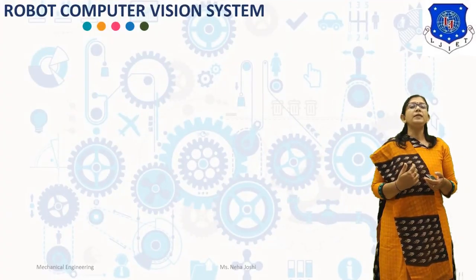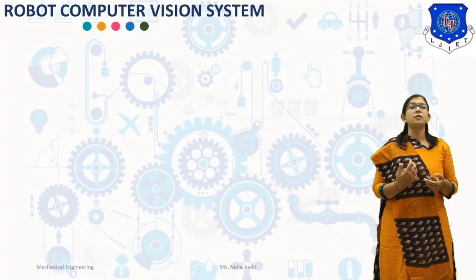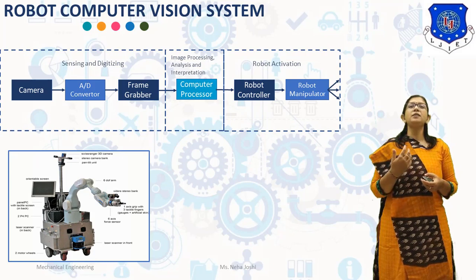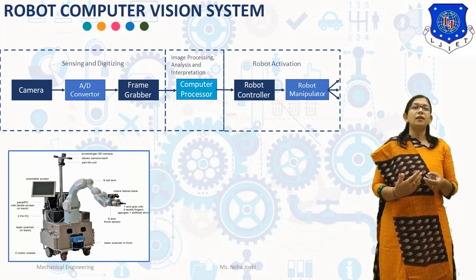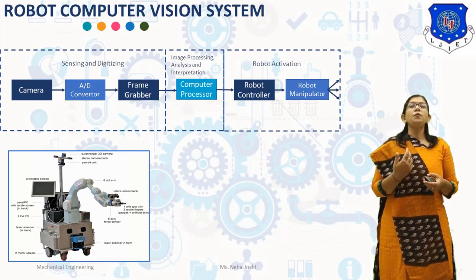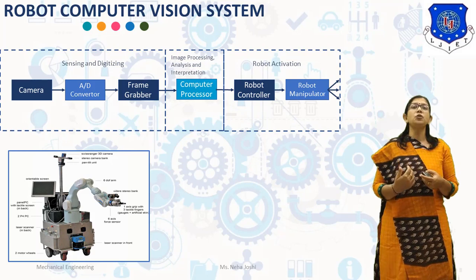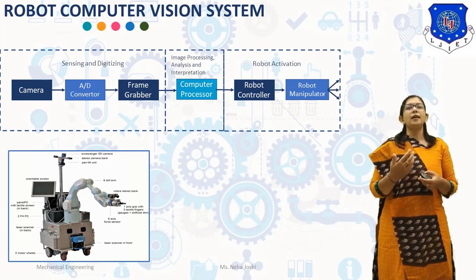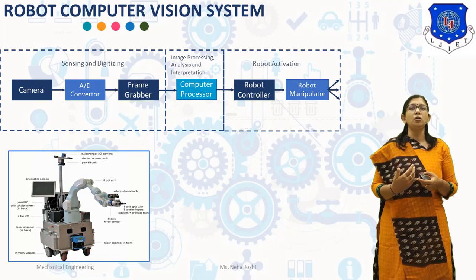Now robot vision system, computer vision system. A robot vision system or computer vision system can be defined as the process of extracting, characterizing and interpreting information from image of three-dimensional world. Robot vision system uses a high resolution camera to take 3D image. The image is processed and analyzed. Finally, the processed image data is interpreted by the system for response by the robot.